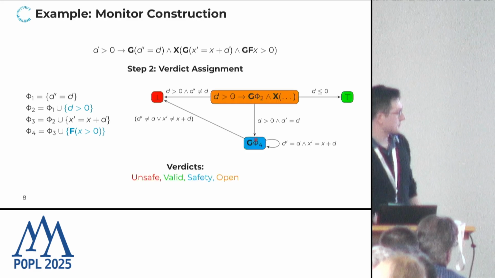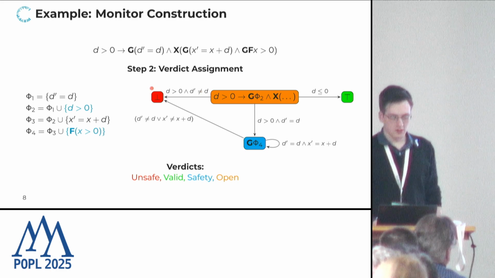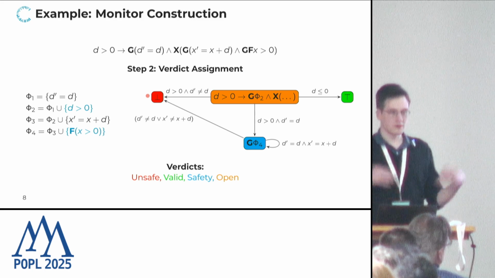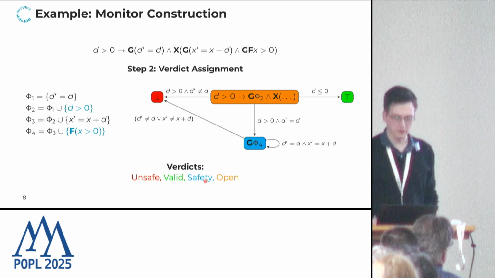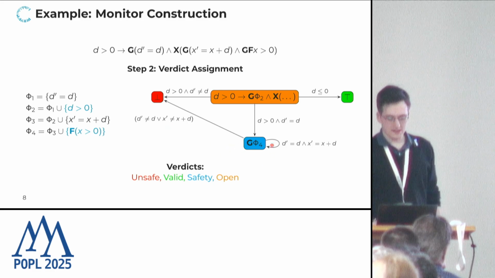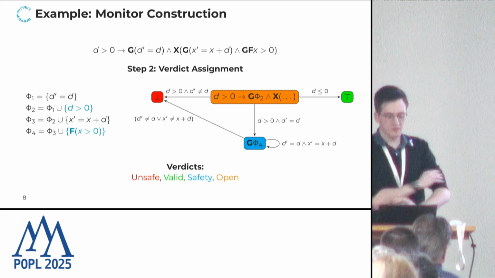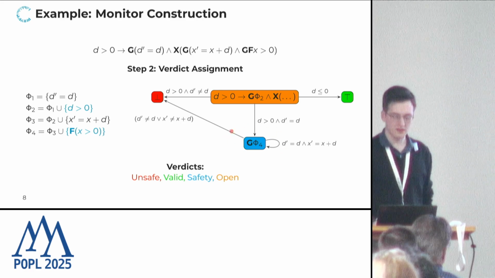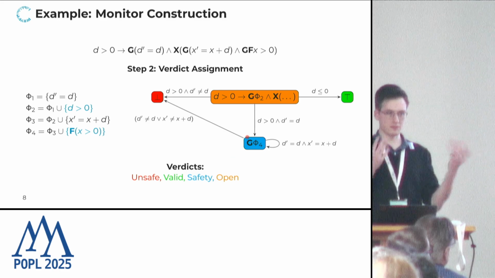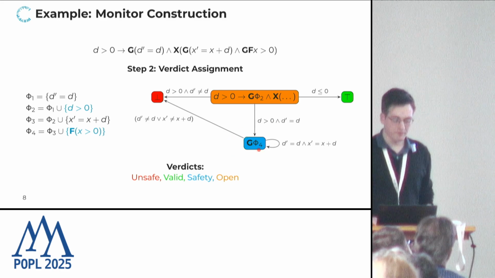Now the second step is to actually add this verdict that gives the monitor its power. If the formula is true or false, we know that the system will win for sure or lose for sure, so we get an unsafe or valid verdict. Then we have this safety verdict, and what you can see is that this formula, without the derived parts, is a safety formula, if you know what that means. But what's important to note here is that it's fine for the system if it always stays in these blue parts, the system will win. So this is why this is a safety part. It's sufficient to stay here.